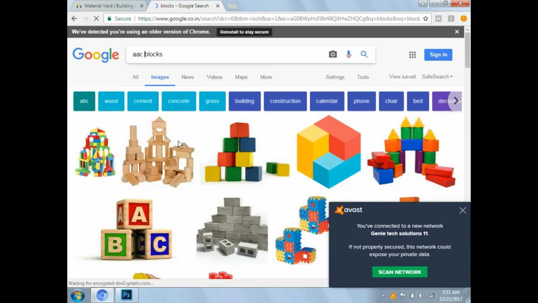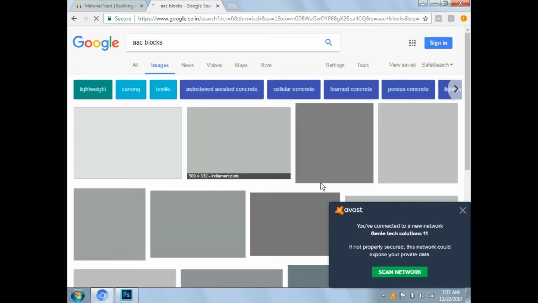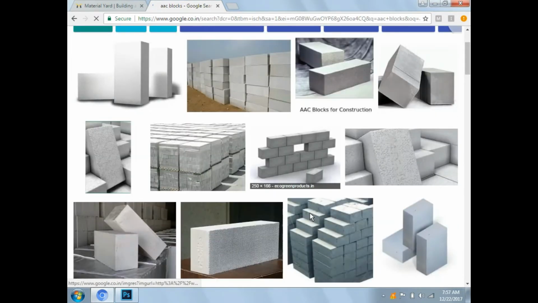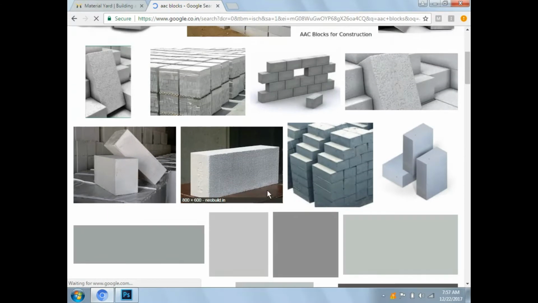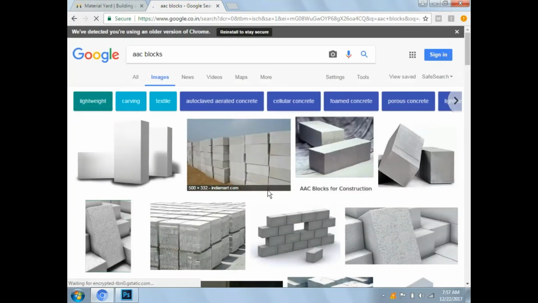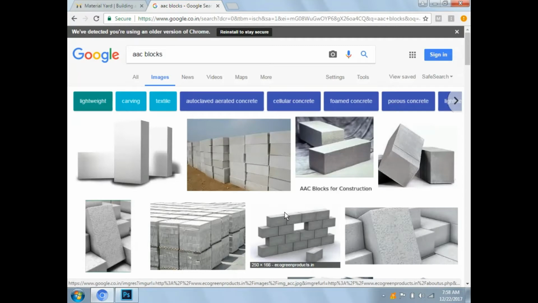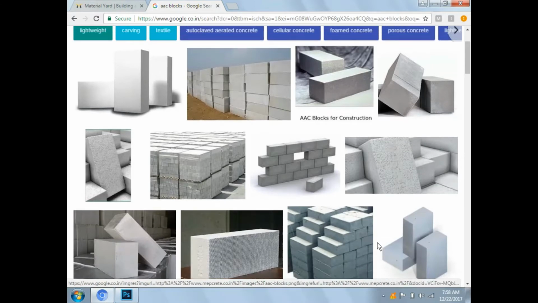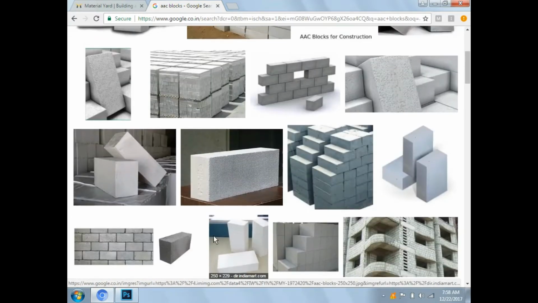If you type blocks, then it comes up with kids' blocks. That's why I just search aerated concrete, AAC blocks. Take the AAC blocks here like this. Take this one and go to the image, view image, drag and drop.